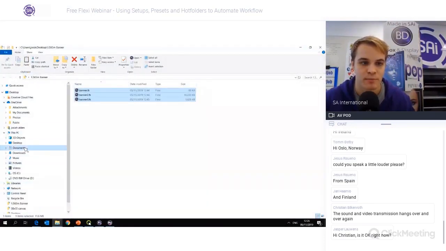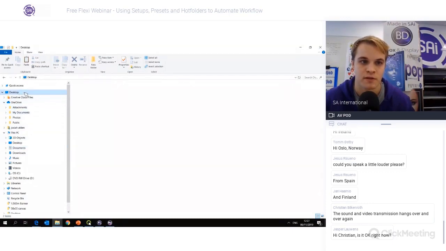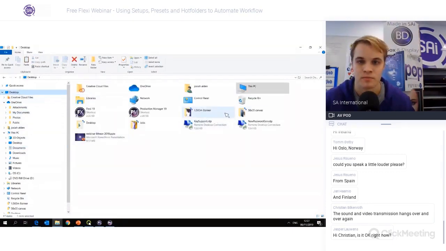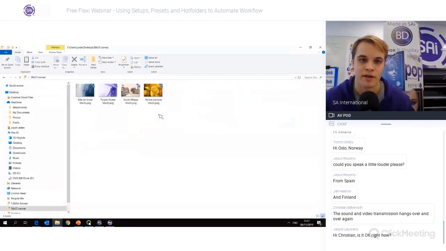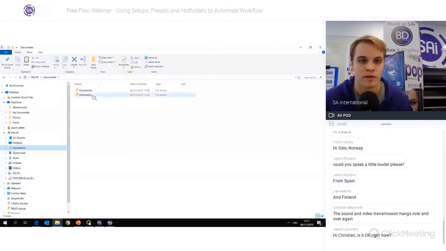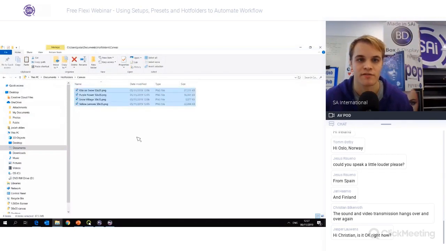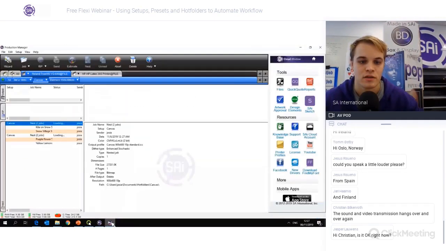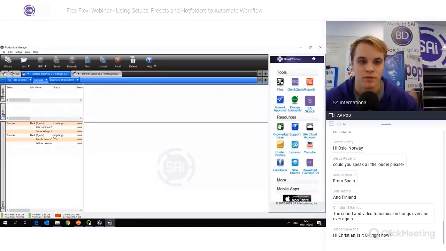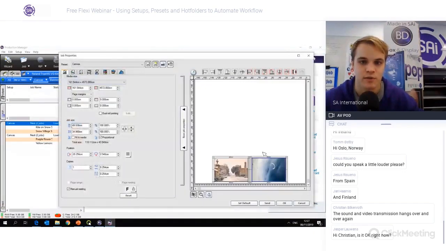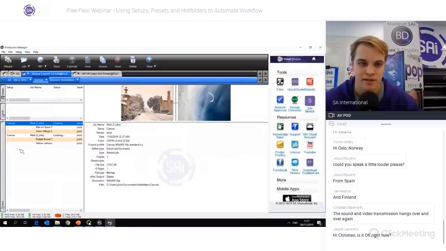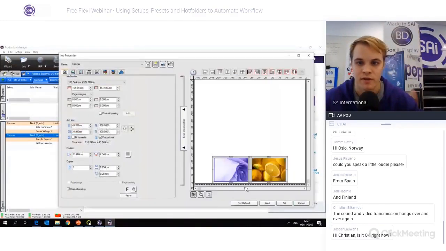So if I come back to my documents, actually we'll get some files first. So desktop, this is the folder where my Canvas jobs are stored. We're going to select these and copy them and paste them into our Canvas folder. Come back to Production Manager. We see it's nesting the jobs in sets of 2, like we selected, and it's automatically applied my settings for